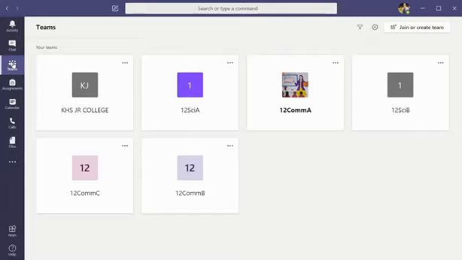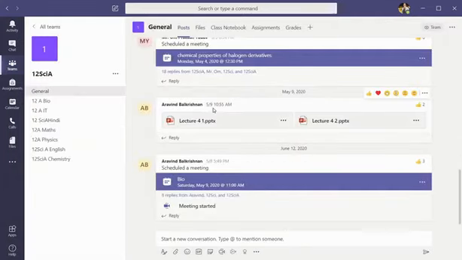Now here these are my teams. Actually I am a member of this many teams, so these are my teams. And if you click on one of these teams, you will get to see more options of this team. Now here on the left hand side, as you can see, we have already created channels. If you observe, these channels are nothing but the subjects. So this many channels are there in this team. That means bio, Hindi, maths, physics, English, chemistry. These are the channels in my 12th science A team or 12th science A class.